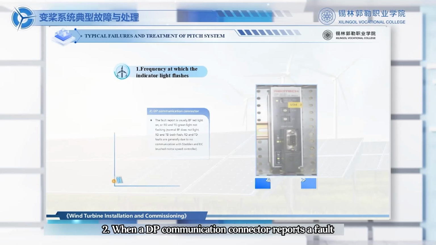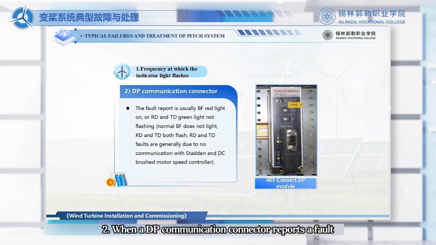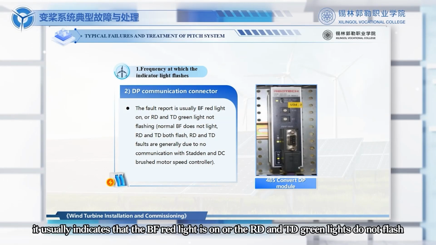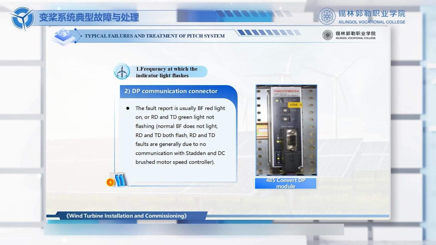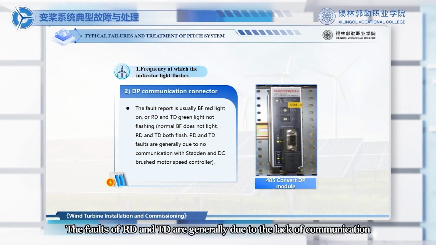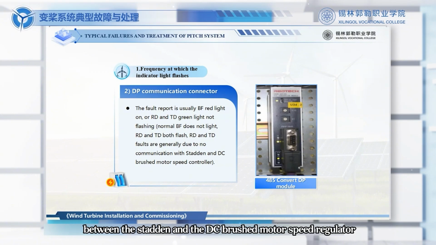2. When a DP communication connector reports a fault, it usually indicates that the BF red light is on, or the RD and TD green lights do not flash. Normally BF doesn't light up, and both RD and TD flash. The faults of RD and TD are generally due to the lack of communication between the Stanton and the DC